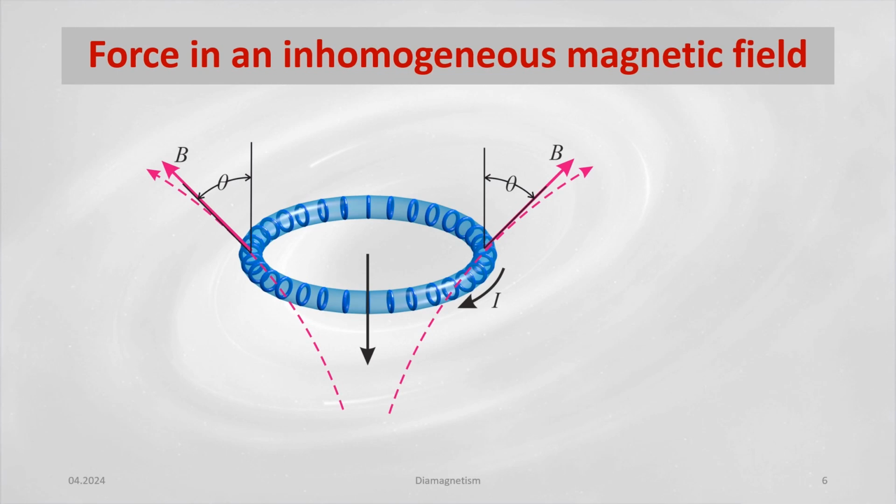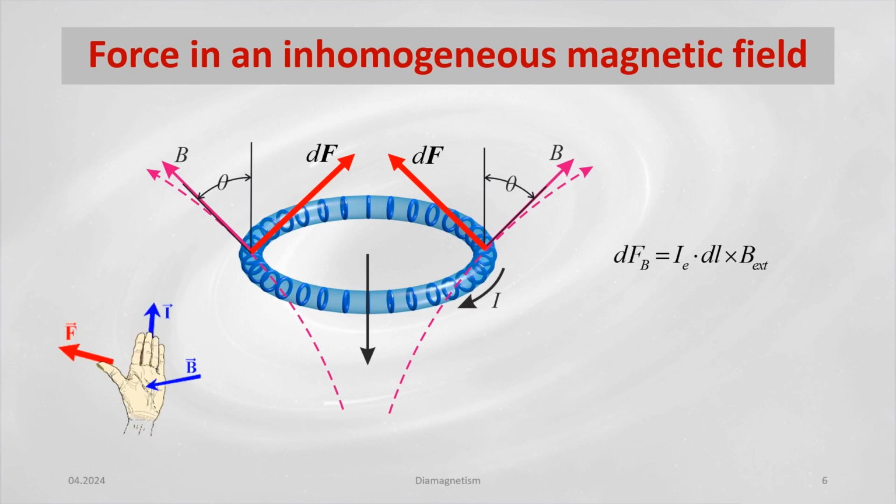At the location of the ring of electrons, the external magnetic field with induction, B, forms an angle, theta, with the normal. In an external inhomogeneous field, the direction of the force is parallel to the vector product of magnetic induction and the differential length of the partial part of the loop, and is perpendicular to it. The direction of the vector of this force is determined according to Fleming's left-hand rule. If the induction lines of the external magnetic field enter the palm and the fingers indicate the direction of the current, then the thumb shows the direction of the vector of force exerted by the external magnetic field on the